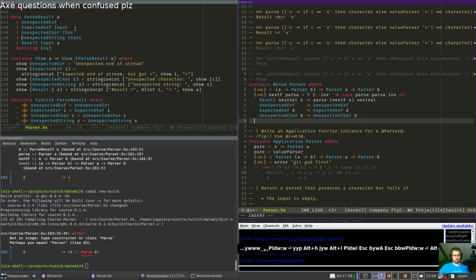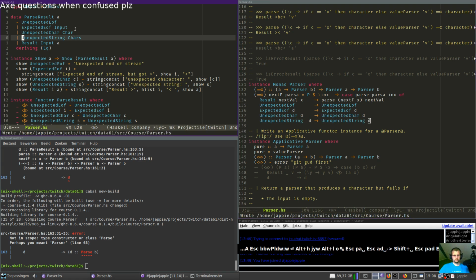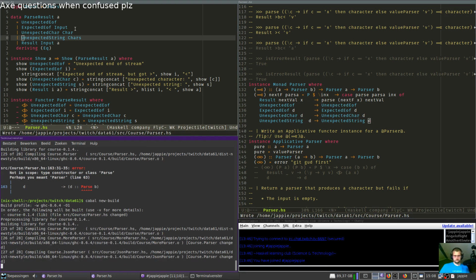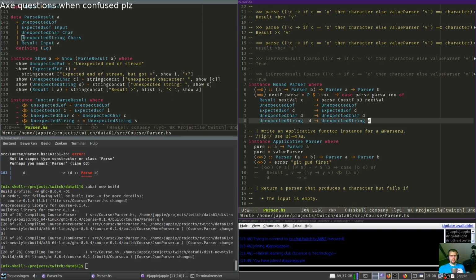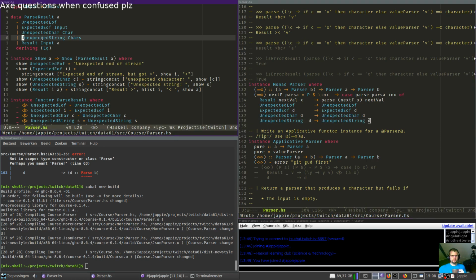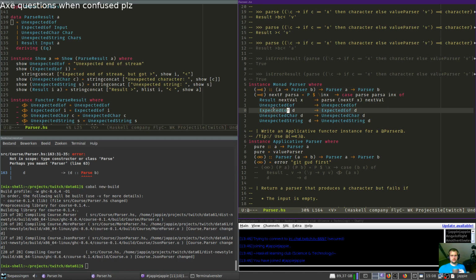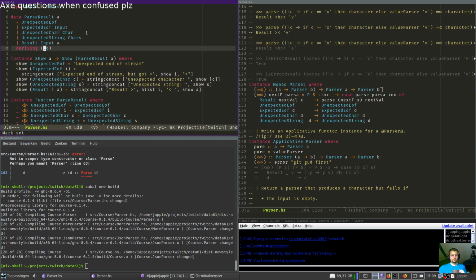But this is where the film skills come in handy. But yeah, I shouldn't have to do this, I think. It couldn't figure out how to make a B from these things, because these types carry around this A. I need to tell it you just can't construct a new one. You basically just pass it around like it's the same thing, but because of the type information, it couldn't figure that out.